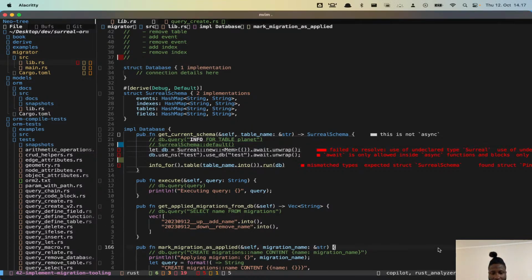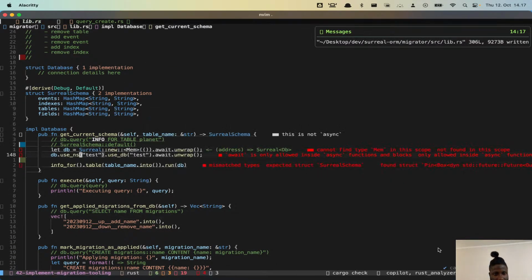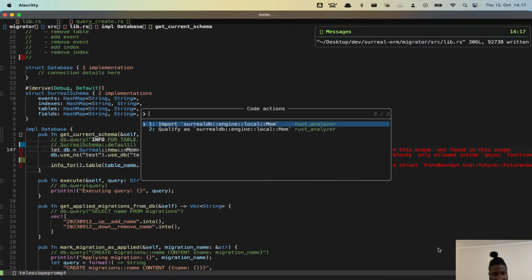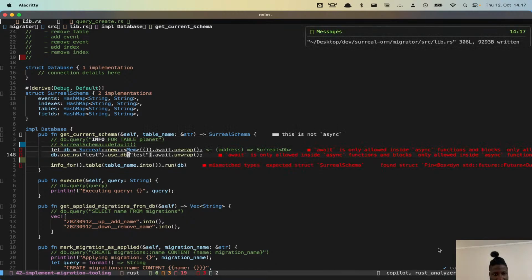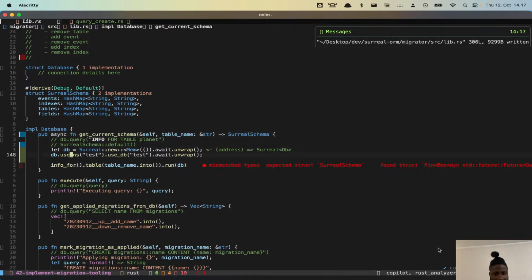Let's comment that out. Import that, and so we're using in memory for now. So this has to be an async function now. It has to be an async function,